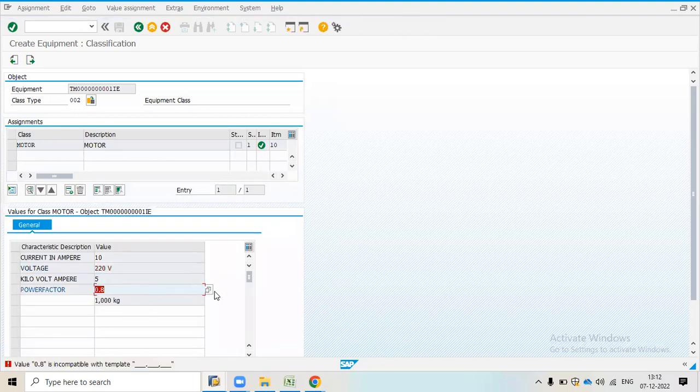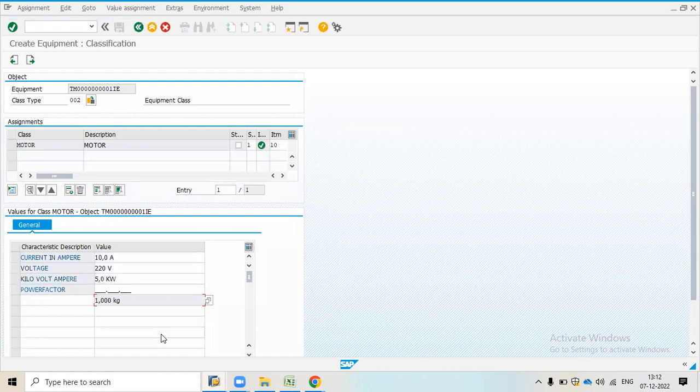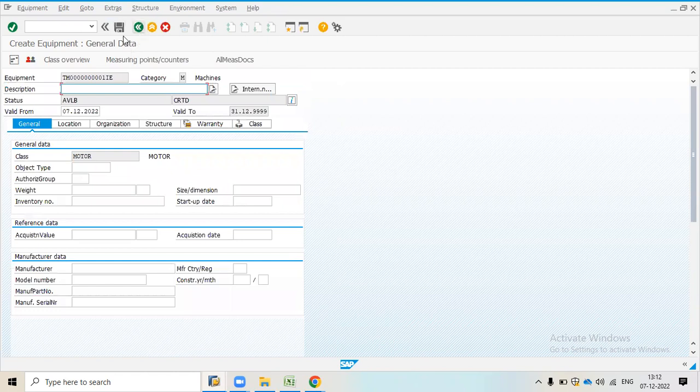It is incomplete, power factor. I will take this one and continue. Press enter. Then I will go back and now I will maintain the description. So I'm going to create an electric motor. I will choose electric motor.